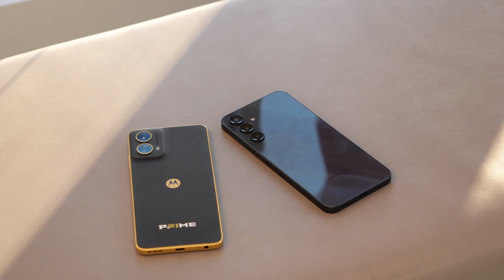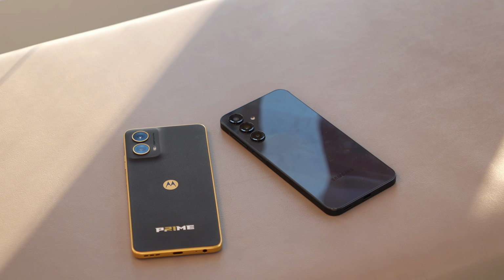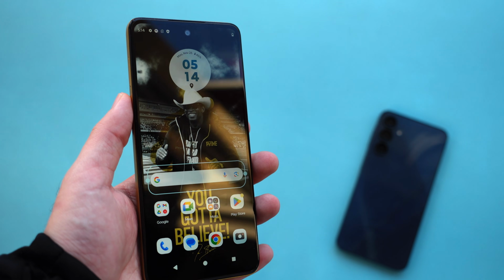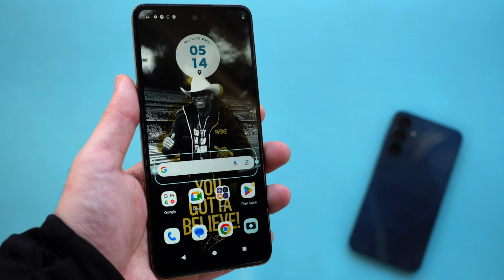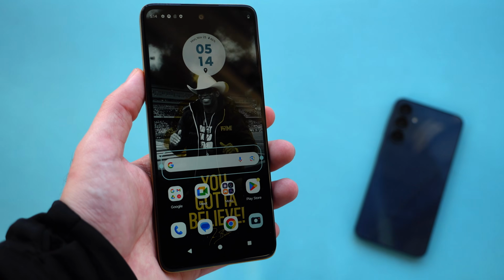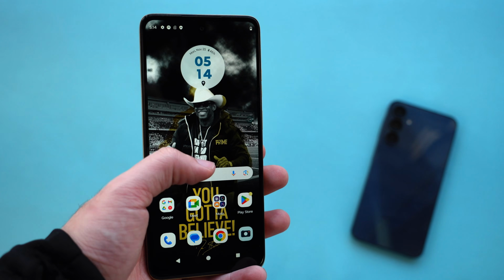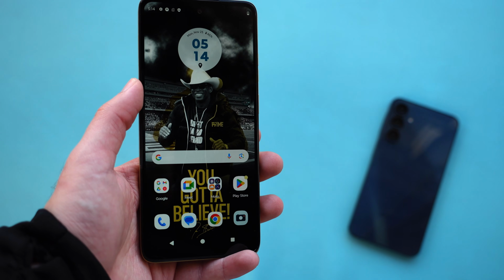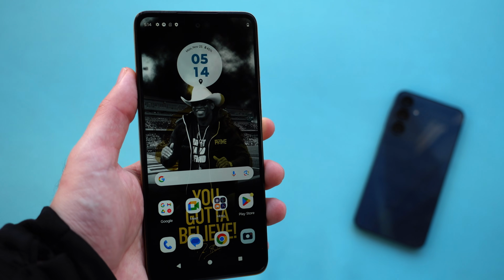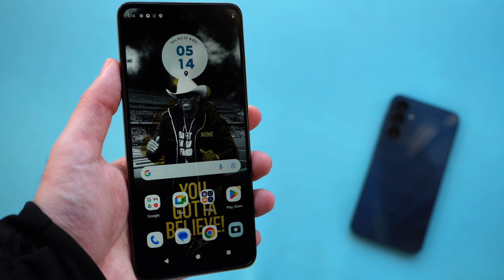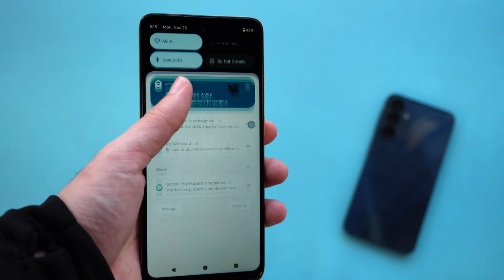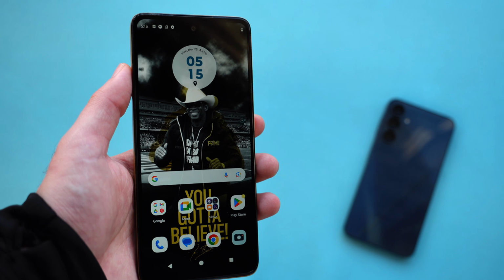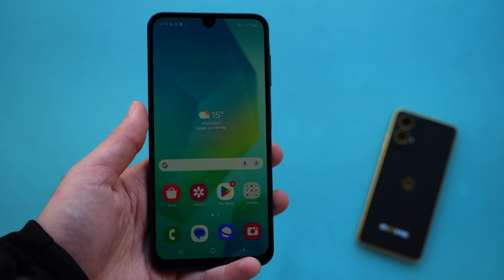Now, if we switch to the display department, here's where you will really notice a massive difference. The 2024 Moto G 5G gives us a 6.6-inch 720p display, or they call it HD+, but it is a 720p IPS panel that, I get that it supports 120 hertz, but what's the use of 120 hertz if you give us a low quality display? Now don't get me wrong, the IPS panel is kind of good, but it's just 720p, really? I don't know.